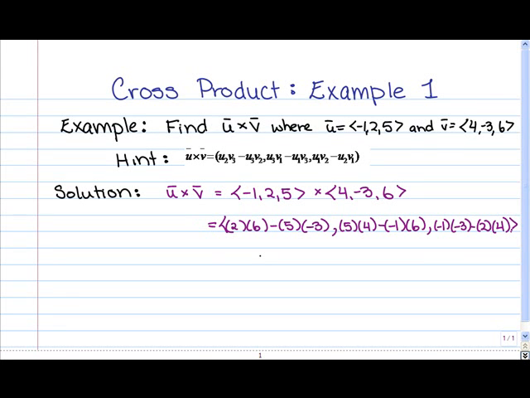So all the hard work is now done, and now we simply have to go through and clean this up by doing a little bit of arithmetic. So we have 12 plus 15, so we get 27 as our first component. Next, we have 20 minus -6, so 20 plus 6, so we get 26 as our second component. And lastly, -1 times -3 gives us 3, minus 8, so 3 minus 8 gives us -5 as our last